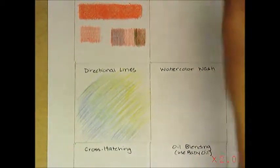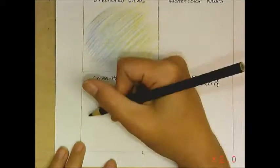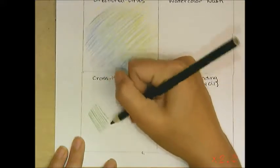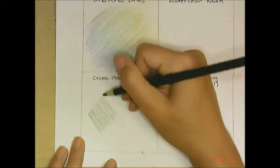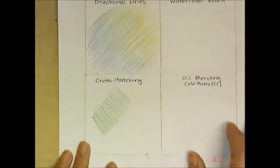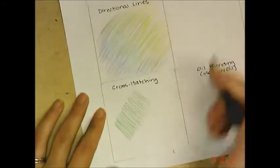All right, the next thing that we have is cross-hatching. So cross-hatching is when it's kind of like directional lines. I sort of go one way, but this time I cross. So I'm kind of combining my layering and my directional lines,